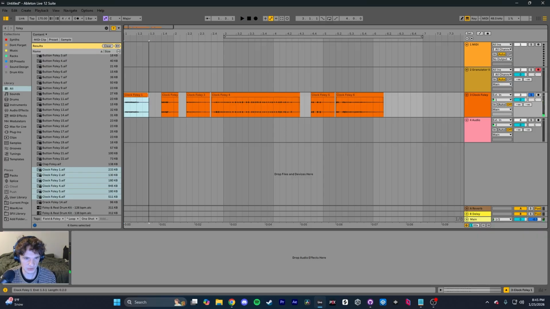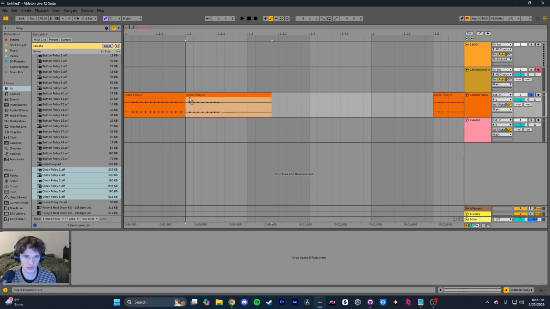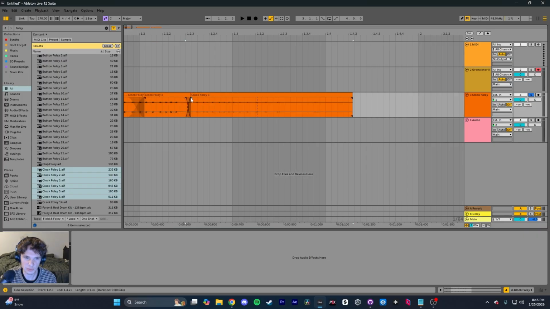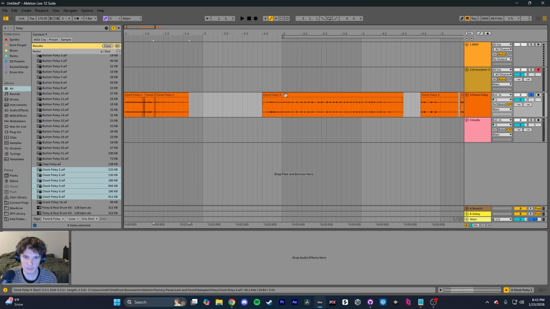Okay, so this is all cool. But what if we need this to be looping for however long a player is touching a clock or whatever? There's so many of these situations in game audio where in order for it to be interactive, you can't just have a regular loop, you know, you have to make it an infinite loop that doesn't get tiring to hear,